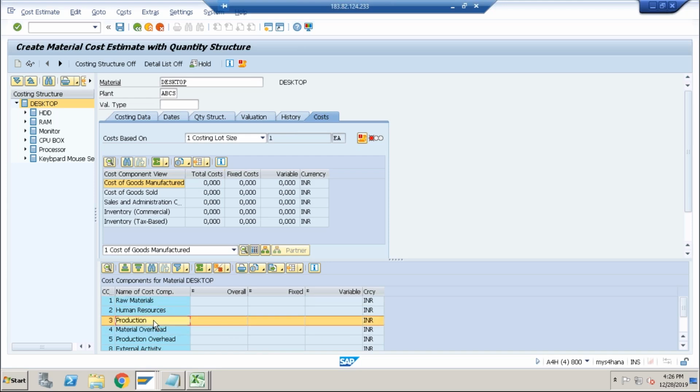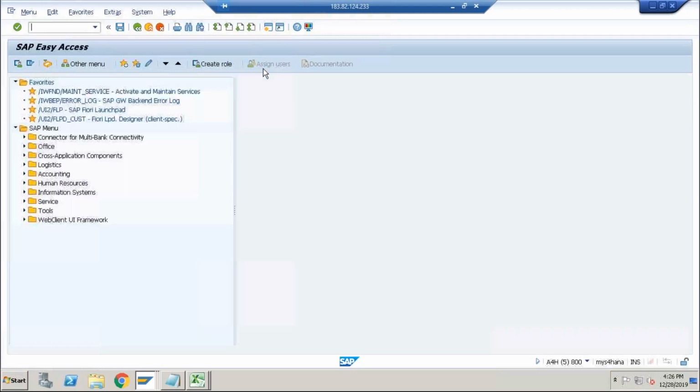So what we can tell the system is, whatever raw material cost is there, please adjust that raw material cost in this cost component. And whatever is production related cost, which means the assembling cost, the packing cost, the quality cost, everything should go to the production. Okay, how are we going to do that? So there is a configuration for cost component split. If you go to SPRO,